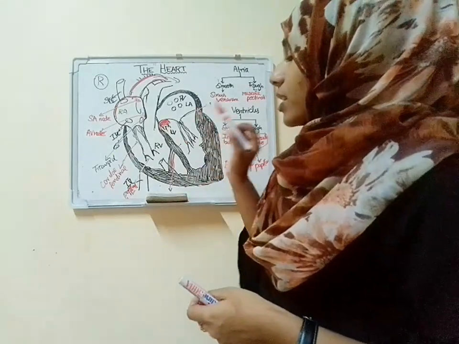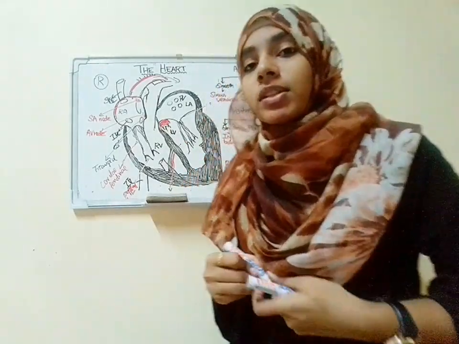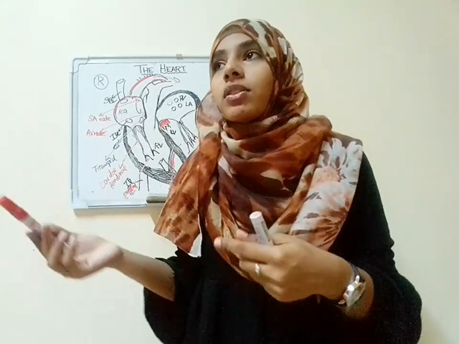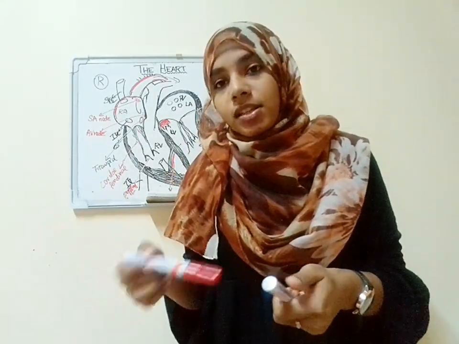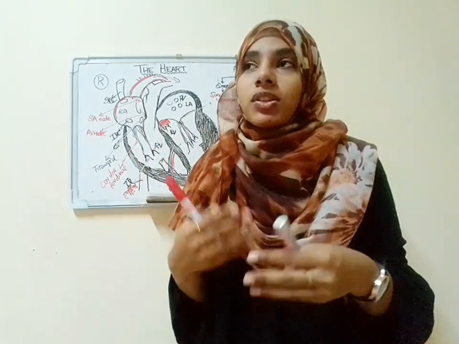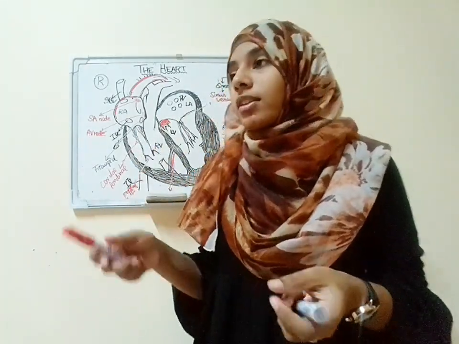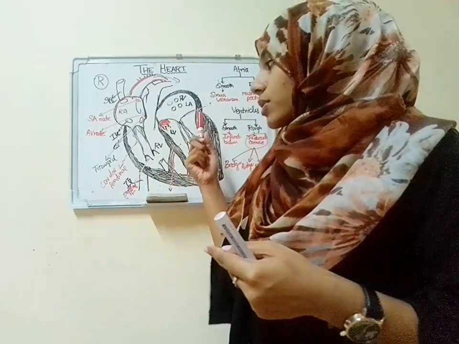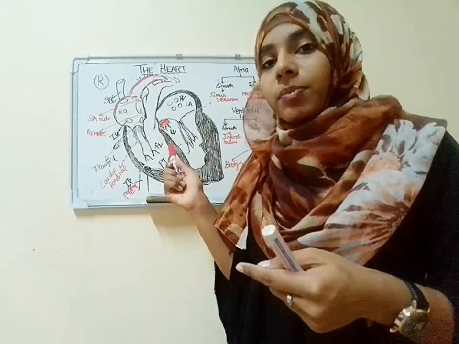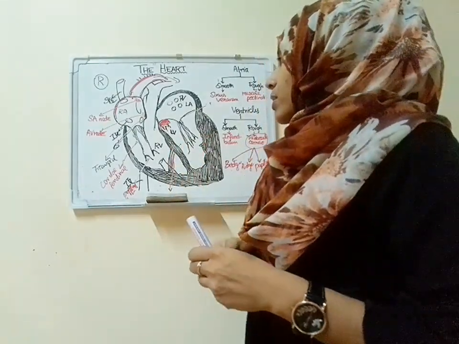It is very important for us to know about these papillary muscles and chordae tendineae, because later when we study conditions like heart failure and valvular lesions like mitral regurgitation, these can be caused due to the rupture of these structures, like rupture of the chordae tendineae, rupture of the papillary muscles, etc.